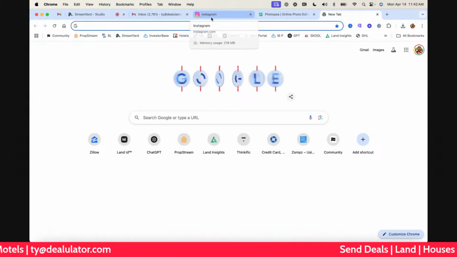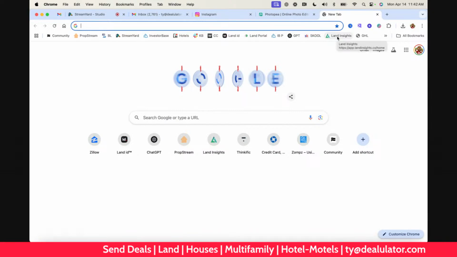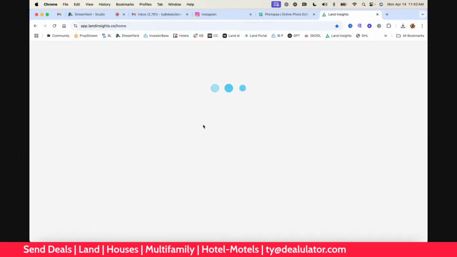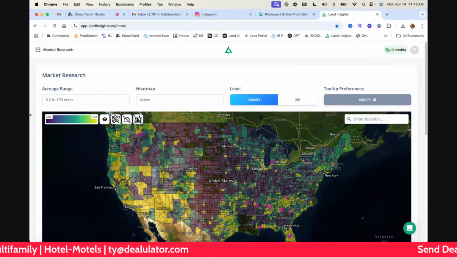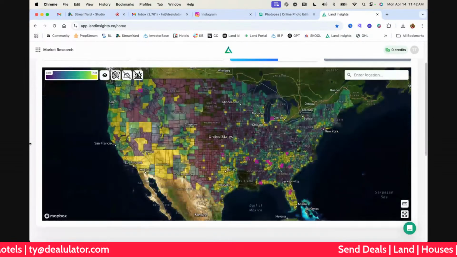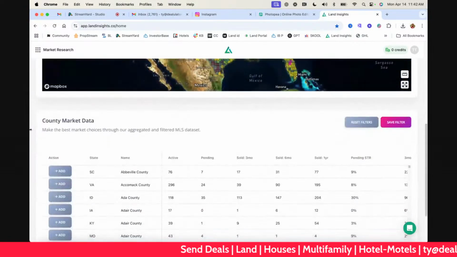All right, so first thing I want to do is identify maybe a hot county first. I'm going to Land Insights, and let's see what I want to do here as far as a filter.